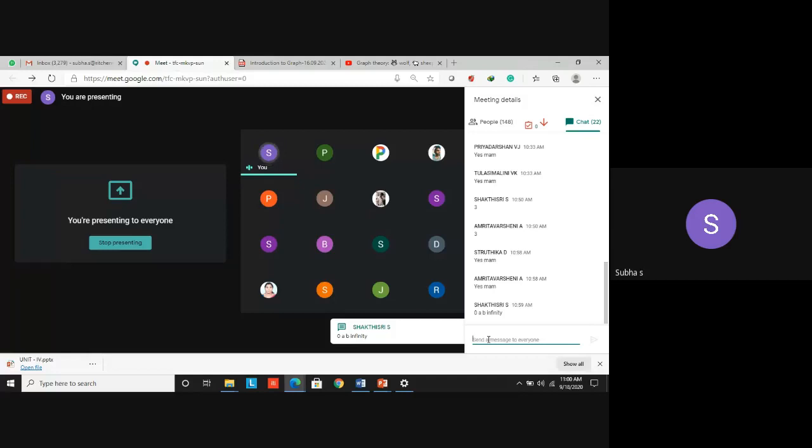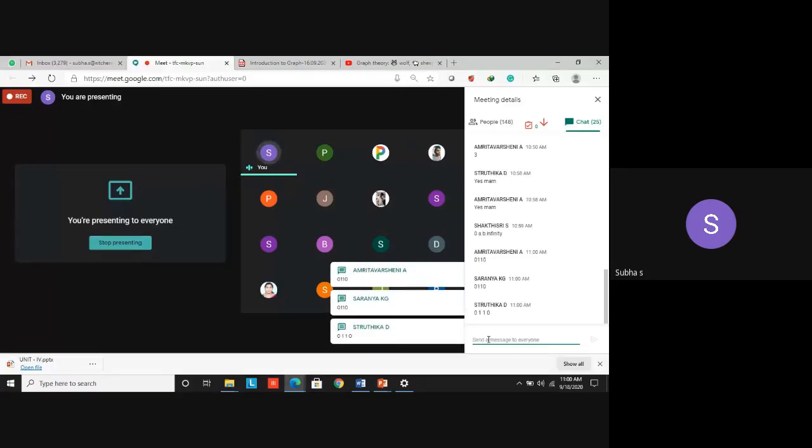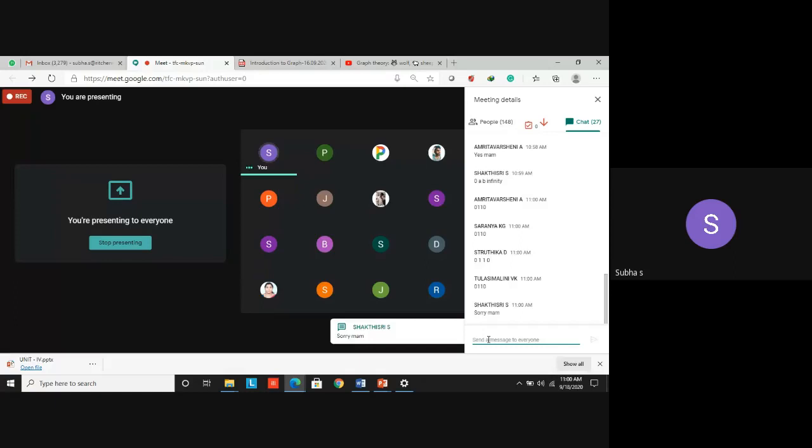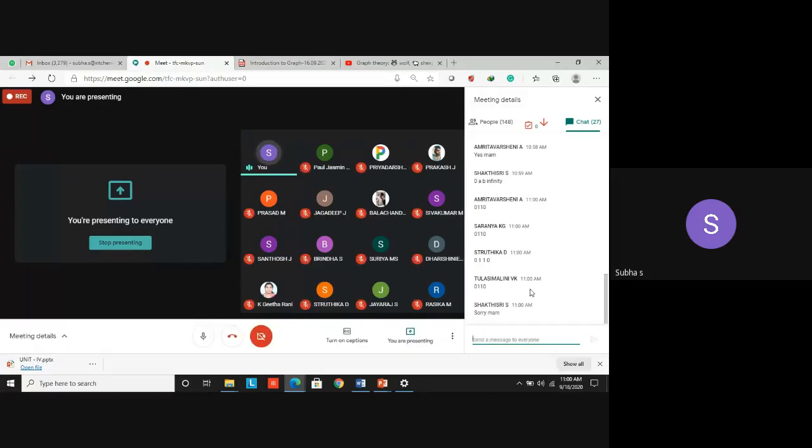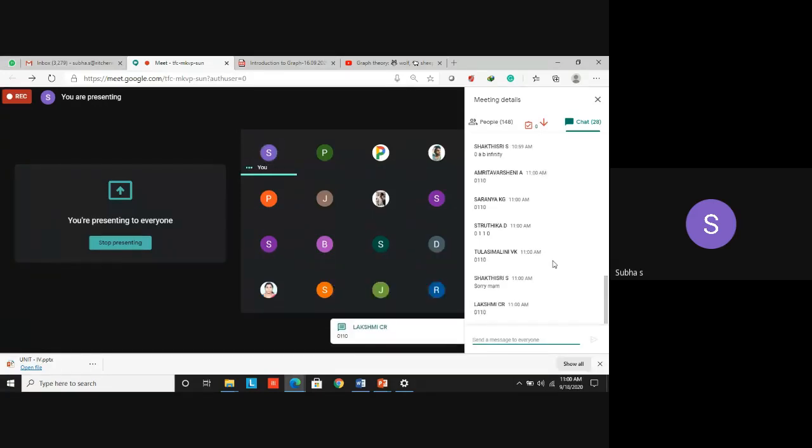Now, Shakti Sri, I told you should not put the values as A, B. The matrix should contain only zeros and ones. In that weighted graph, the value is assigned as integer. Yes, no problem. Just make it clear. So I got the answer 0, 1, 1, 0. Yes, very good. If others are getting that answer, okay, well and good. 0, 1, 1, 0 is the correct answer for the first row.